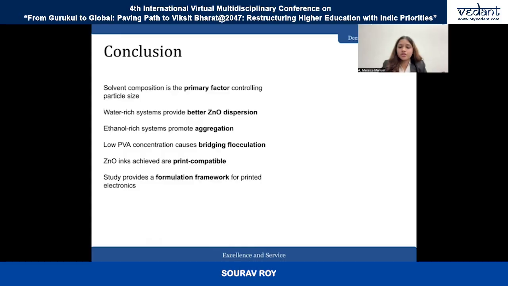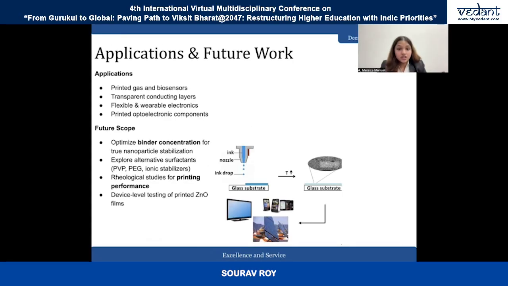for ZnO ink formulation. The developed ZnO inks are suitable for applications such as printed sensors, transparent conducting layers, flexible electronics, and optoelectronic devices. Future work includes optimizing binder concentration, exploring alternative surfactants, performing rheological studies, and also testing